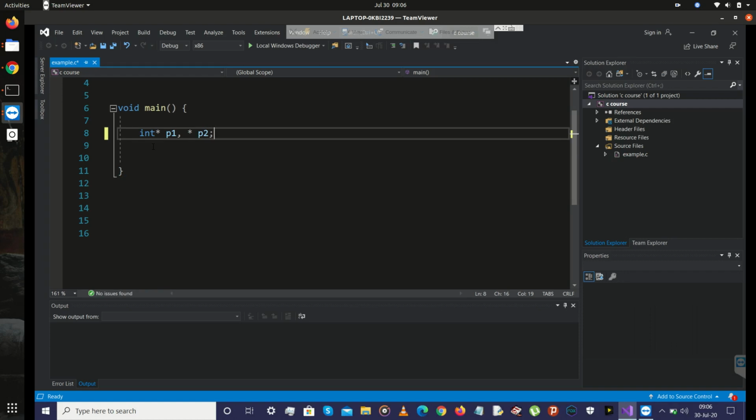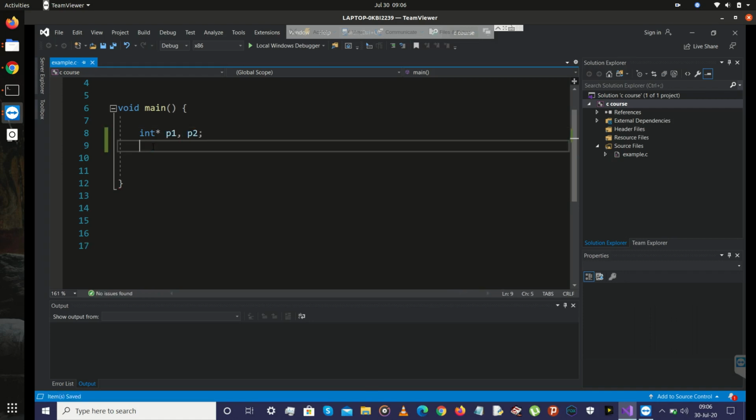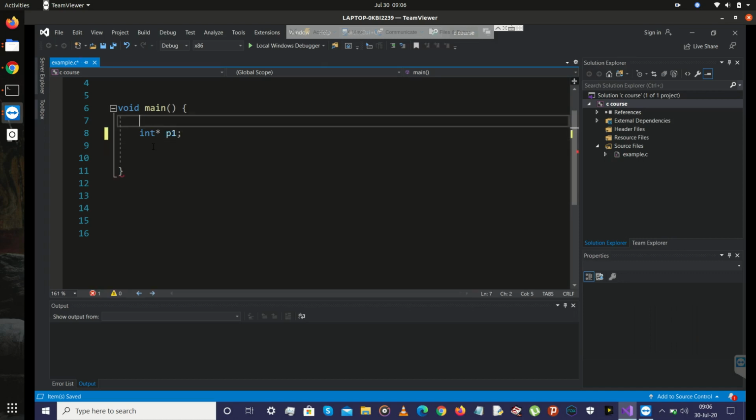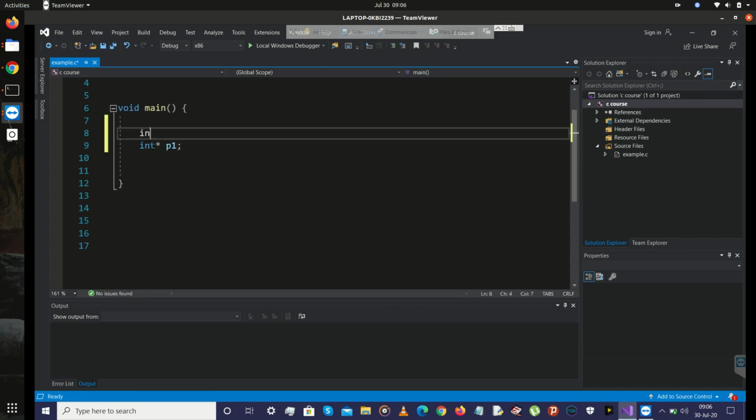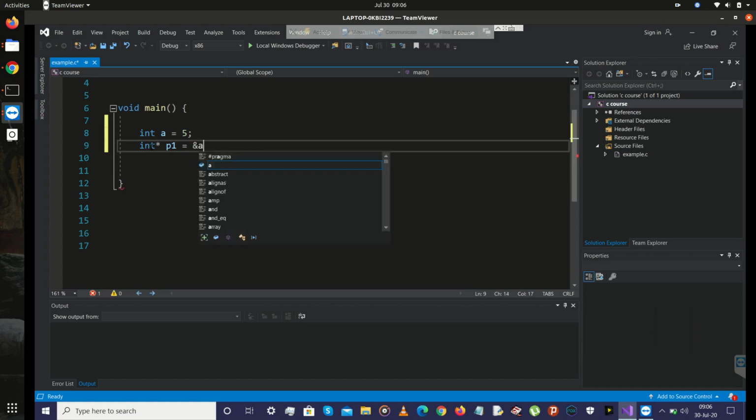You can declare two pointers like this, or else you can also declare int *p1, p2. These two are the same. Now let's say integer a has value 5. Now what I am going to do is p1 equals address of a.